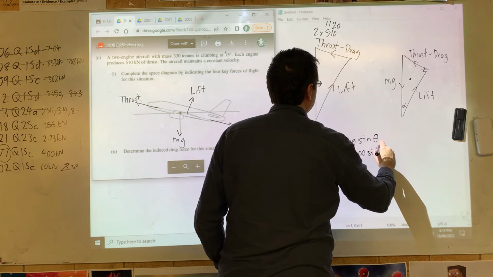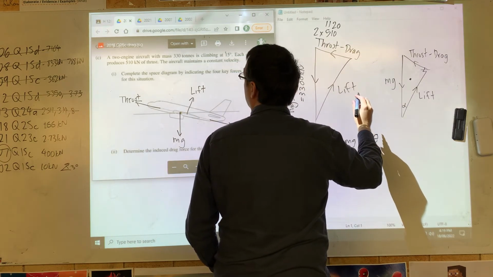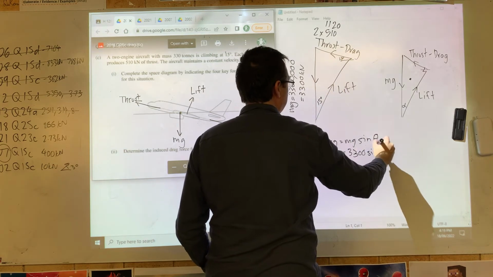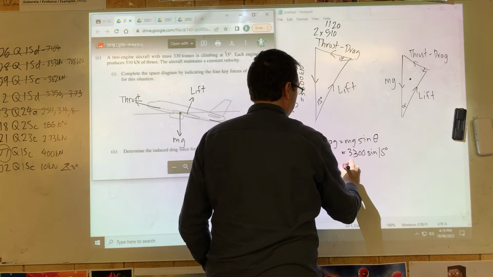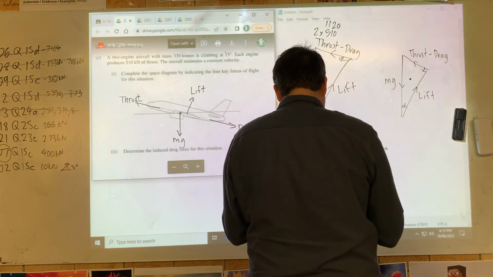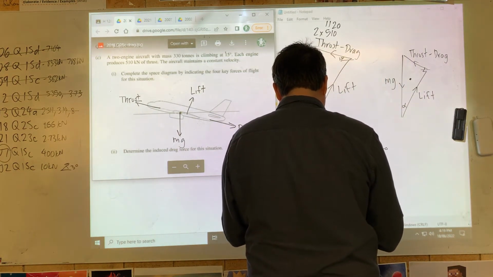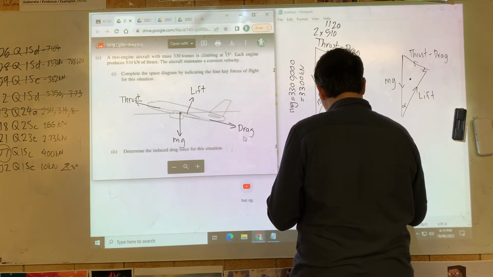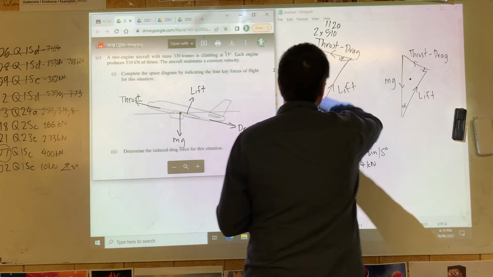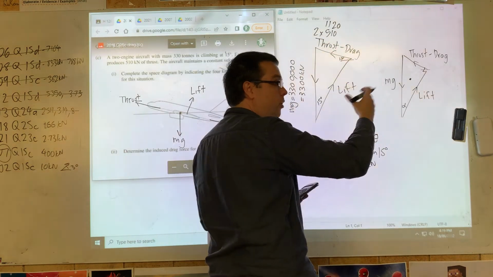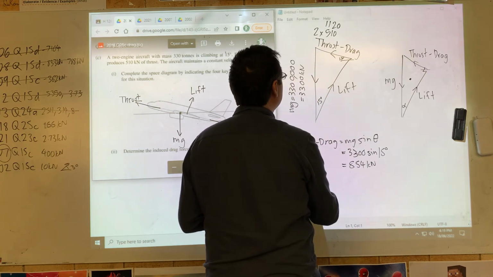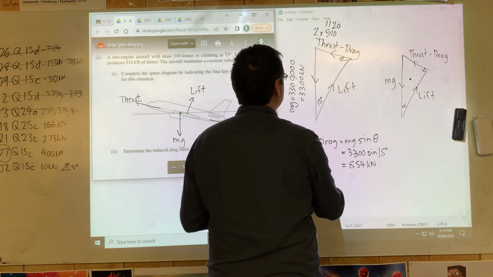3300 sine, what's our angle? 15 degrees? 15. So that number is equal to 854 kilonewtons. That number seems reasonable. It's not bigger than the hypotenuse, it's not close to the hypotenuse, it's much smaller. Okay, and then we know the drag, so we know the thrust is